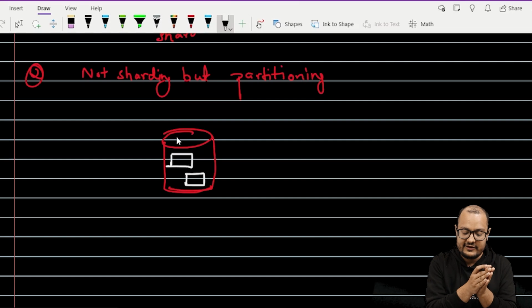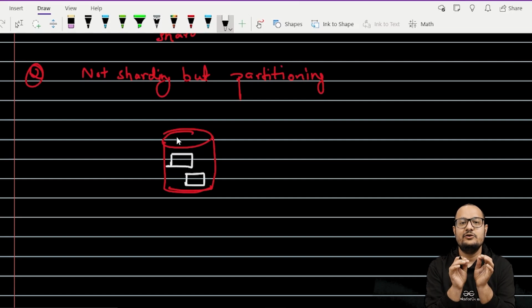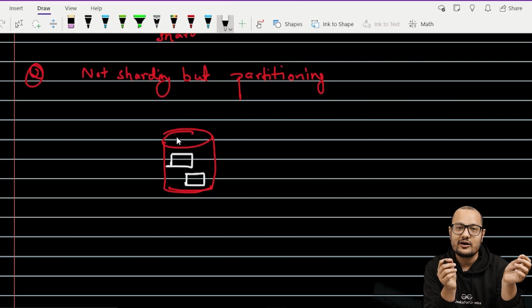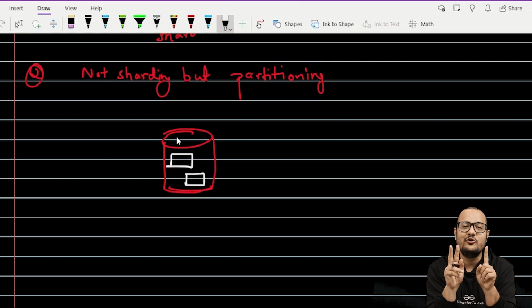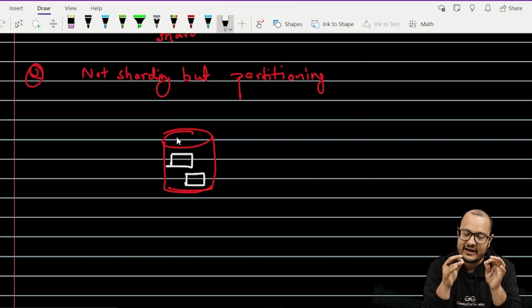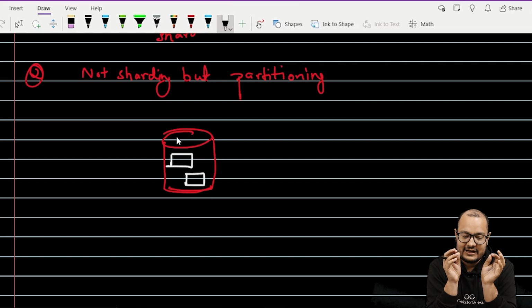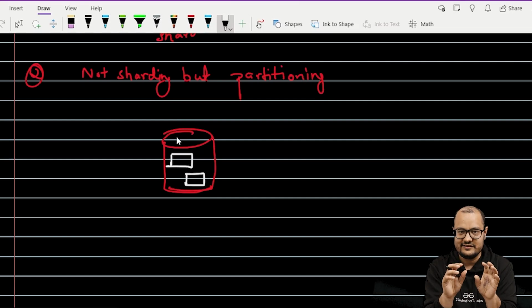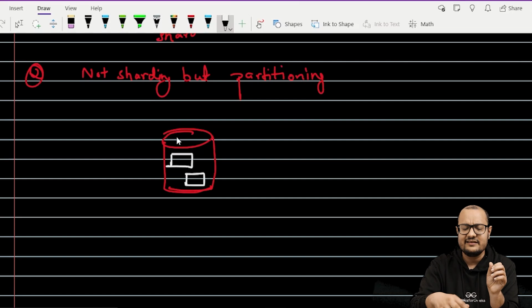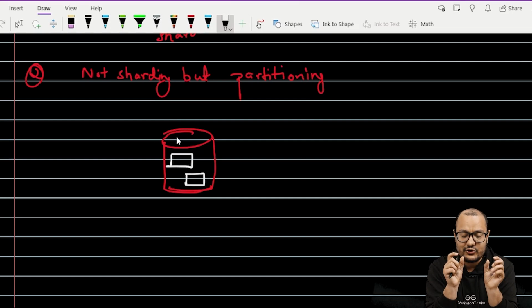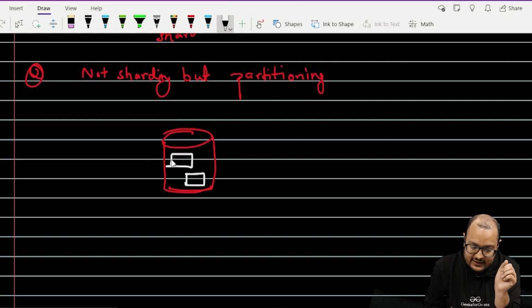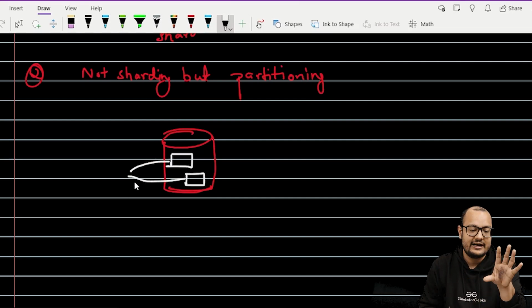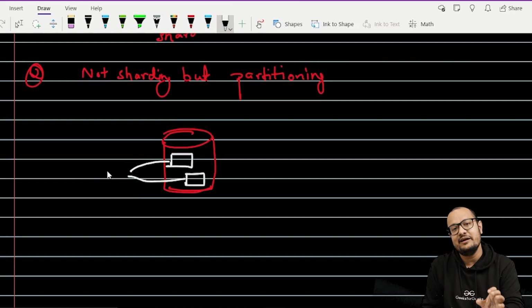Let's say you are installing a MySQL server and you are creating one DB for authentication and another DB for your profile. In that you are logically creating two partitions on a single machine, on a single MySQL database. Let's not think of it as microservices, but think that you are using two different DBs, two partitions inside the same machine. So we have partitioned, but we have not used sharding. We are using the same system, the same DB server.